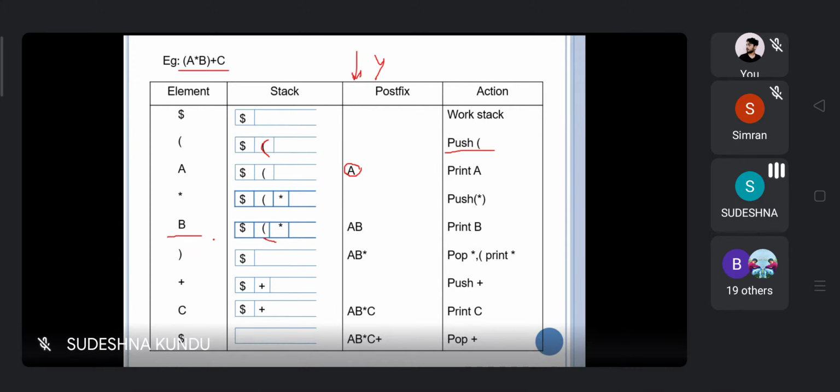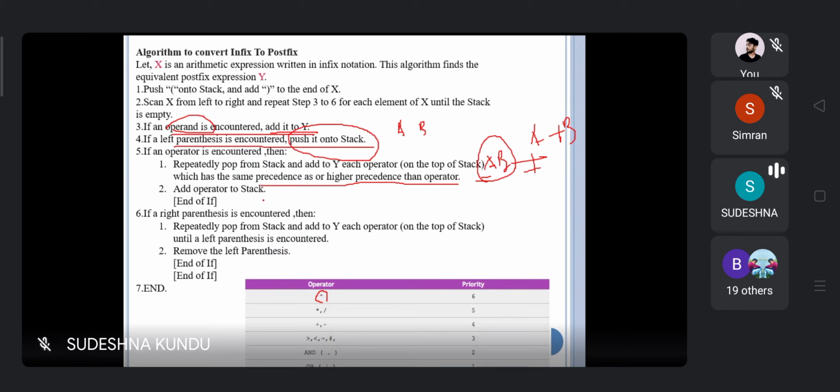Okay. Now the closing bracket. Whenever we get a closing bracket, what will happen? If the right parenthesis is encountered, then repeatedly pop from the stack and add to y each operator on the top of the stack until a left parenthesis is encountered.